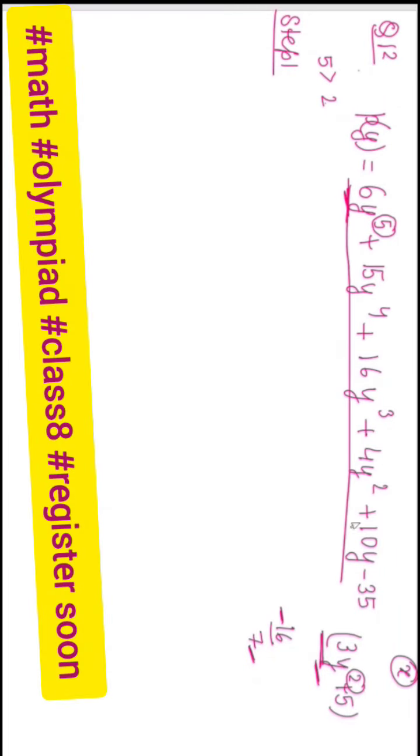This is my polynomial in y, highest power is 5, and this 7 part is this. So this is our highest power is 2. So step 1 will be what? I am saying 6y5 upon 3y square is equal to what? 2 times, and this will be what? 3, right? So what will I get?